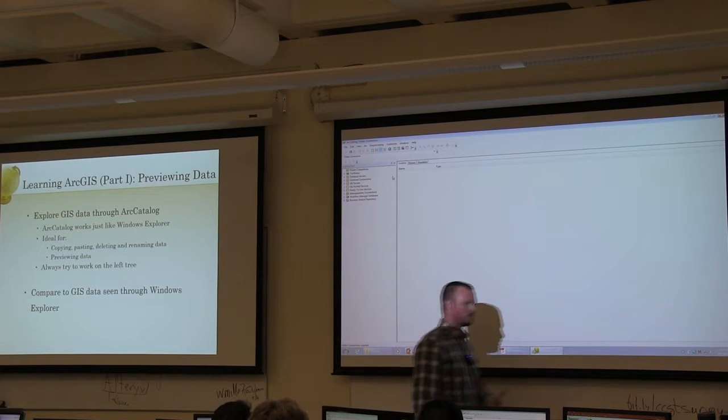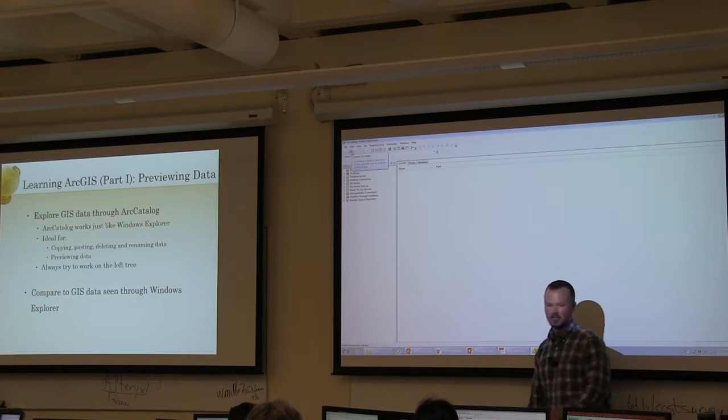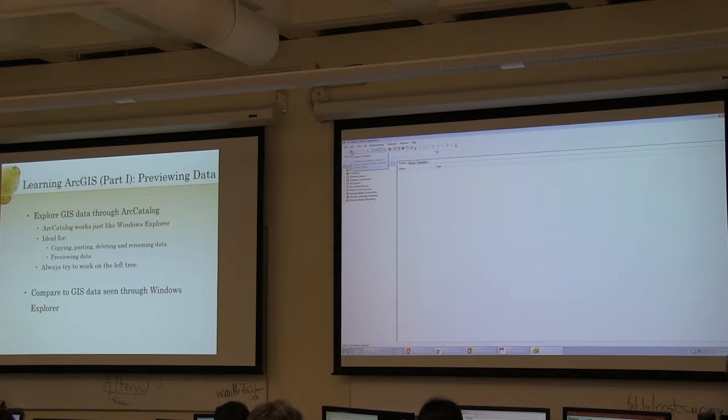But again, we need to first set up a connection to a folder where our data live. And there are a couple of different ways we can do it. First, there's this button here at the top on the left, a folder with a plus sign that says Connect to Folder. So if you click that, you're going to get a window